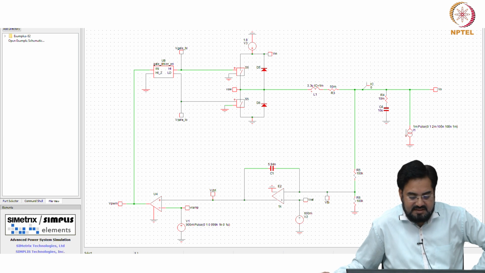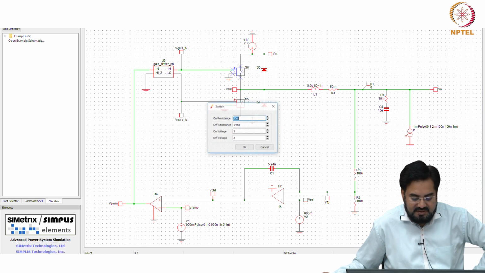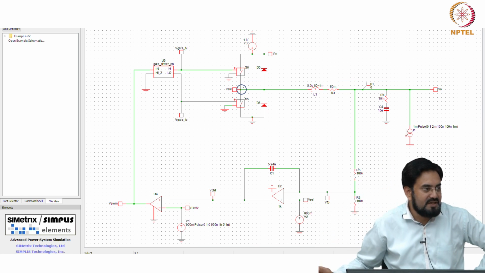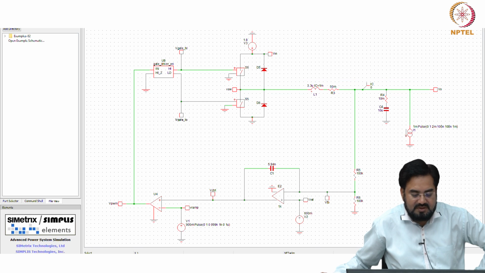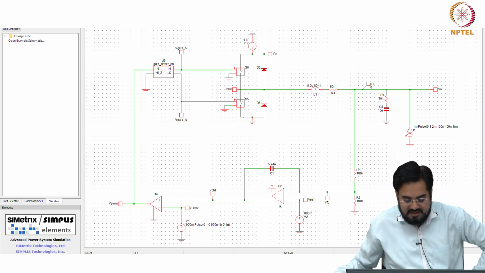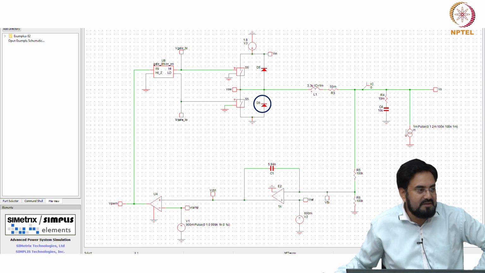So this is your power stage where I have ideal switches with 50 milliohm RDS on here, and this diode I have connected because during non overlap time, if I do not have this, it will not conduct and this voltage may go to some megavolt, kilovolt, and your circuit will not converge. So whenever you are using an ideal switch, make sure you connect a diode in parallel, and this is nothing but the body diode of your MOSFET, so that you allow this diode to conduct. I think the bottom one is more important because during dead time that will conduct. So just make sure at least you have it in the bottom switch.